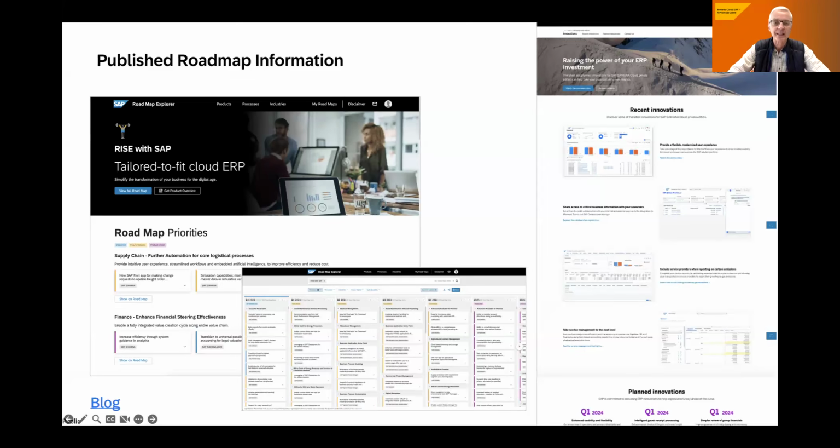Again, it's hard to see, but you also have a Google-like search field, and you can filter all the innovations for a technical product, be it S/4HANA, be it Emarsys, be it SuccessFactors. You can filter for a certain solution capability, meaning functionally, what's new in product compliance at which point in time. You can filter for processes. You can filter for hire to retire if you're interested in HCM stuff. And then, of course, also save a certain view which you've collected together and which is extremely interesting for you.